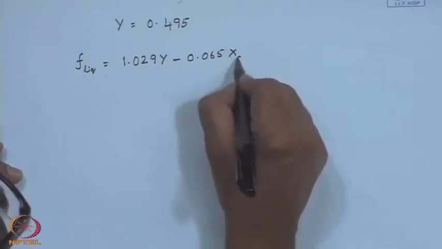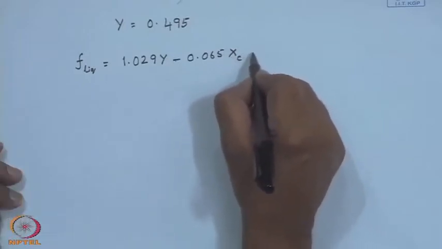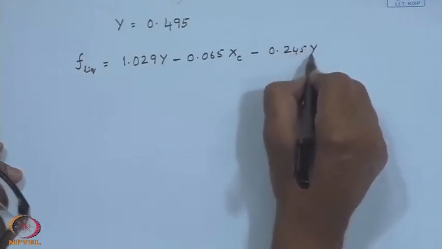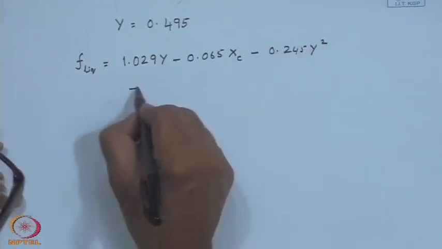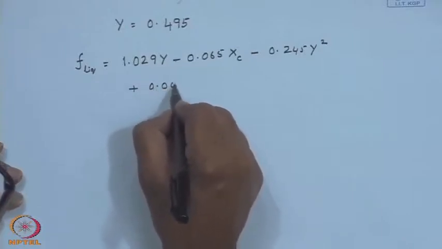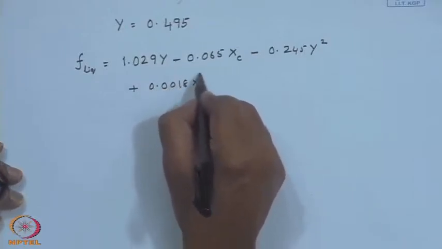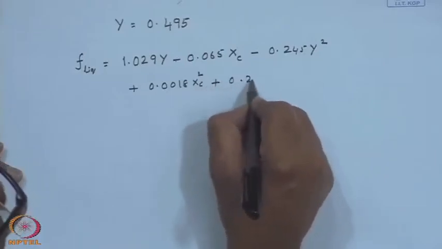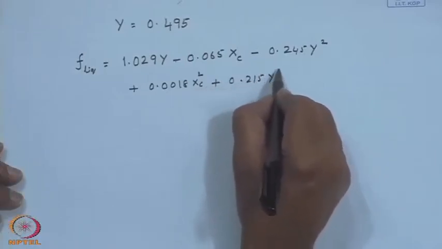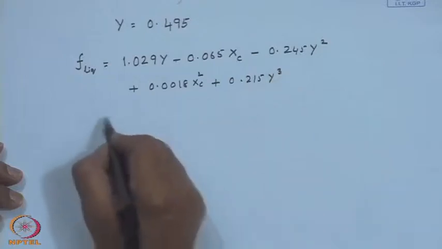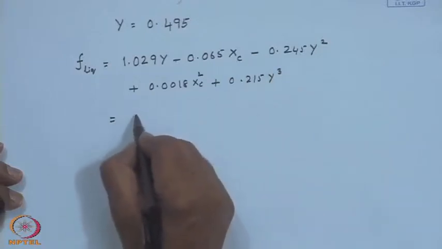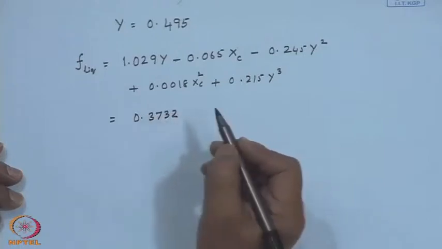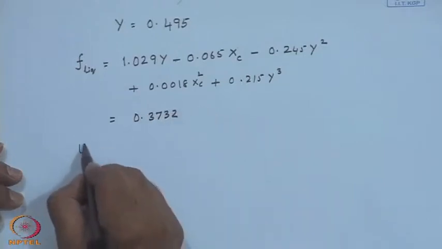Now, directly write the xc because I have already corrected, minus 0.245 y squared plus 0.0018 xc square plus 0.215 y cube. So, this comes to be 0.3732. So, useful energy